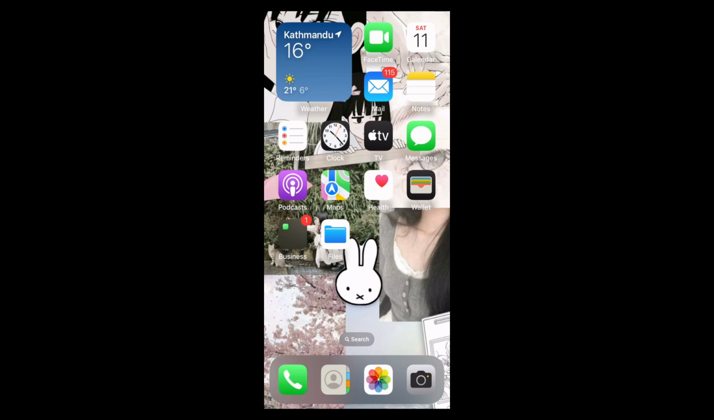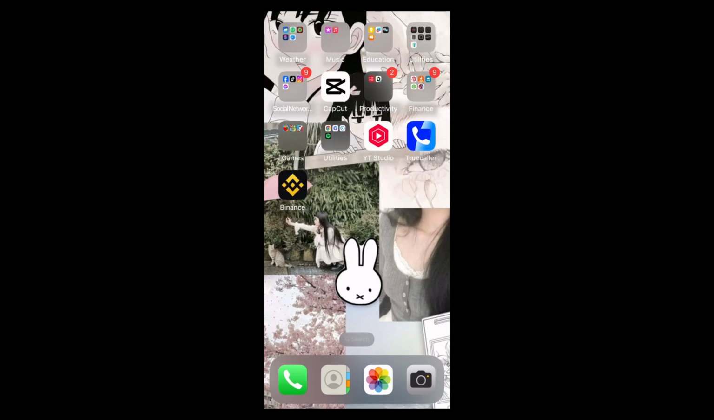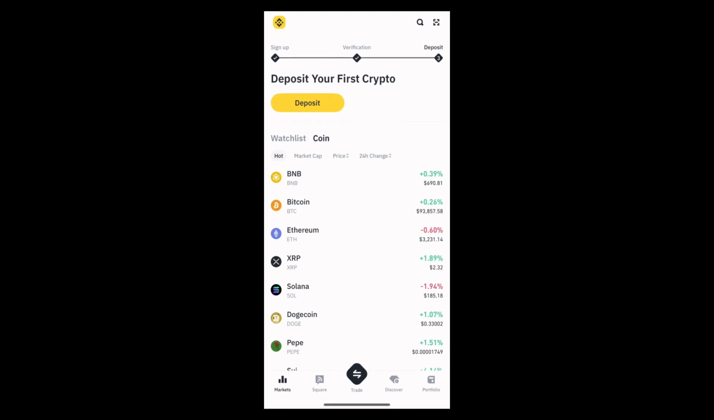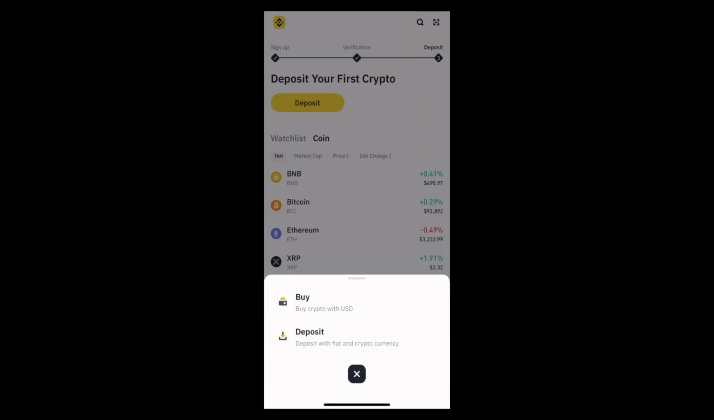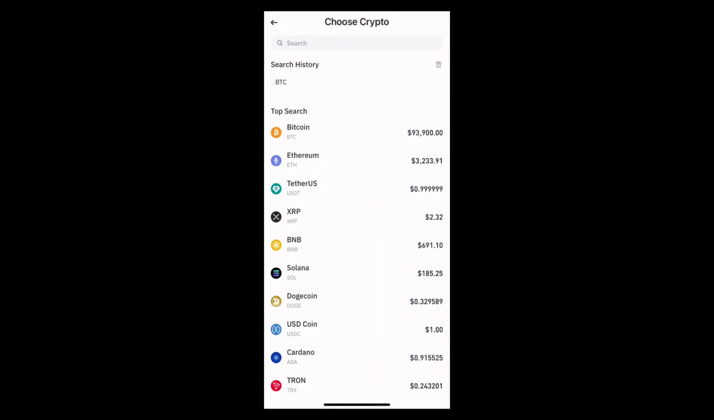First of all, find the Binance app on your home screen. Now open it. After opening the app, here you can find the option of trade. Simply go ahead and select it. Then here you can find the option of buy. Simply tap on it. Now to buy the Bitcoin, you can simply see there is the Bitcoin option right here,